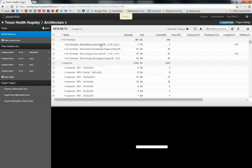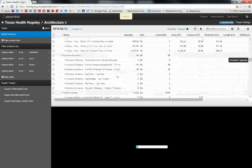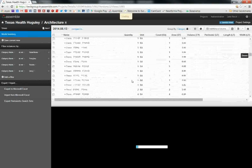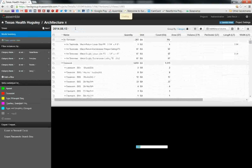So we've got air returns, casework, doors. You've got everything that's in that project, and it gives you quantities, sizes, everything that goes with it. You can actually tie estimating to it, and we are trying to do that. But the biggest thing is